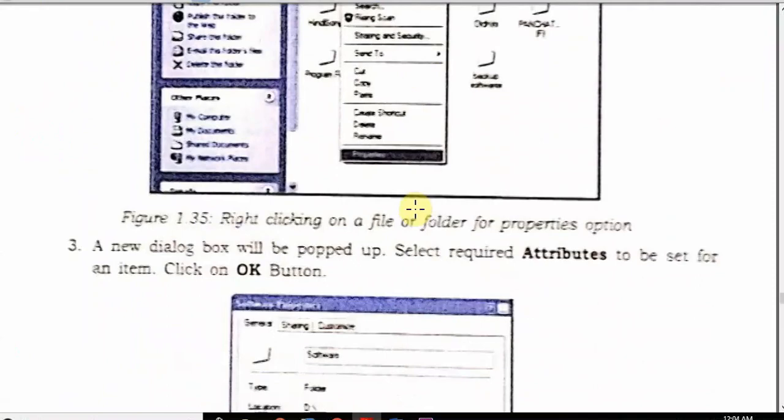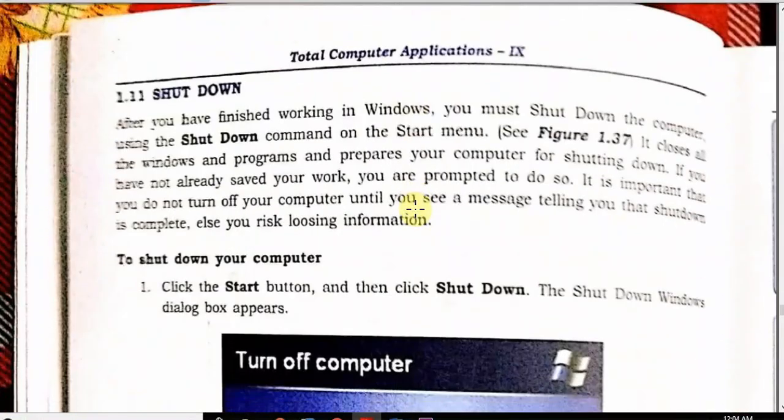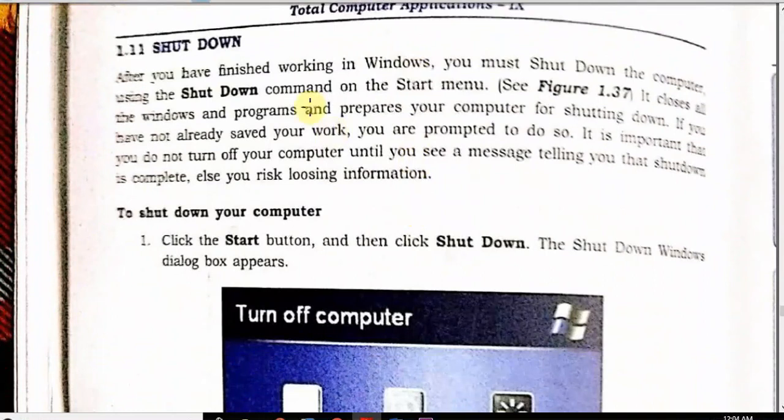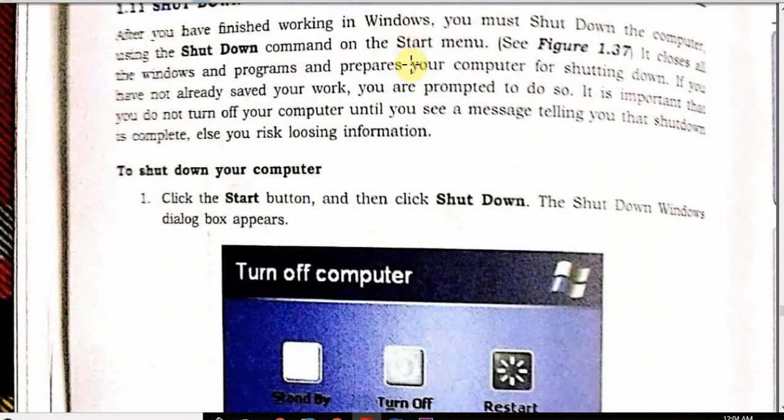Now you can also do this in another way. Next point is shut down the computer. After you have finished working in Windows, you must save your work and shut down the computer. Students, there are many ways to shut down the computer.